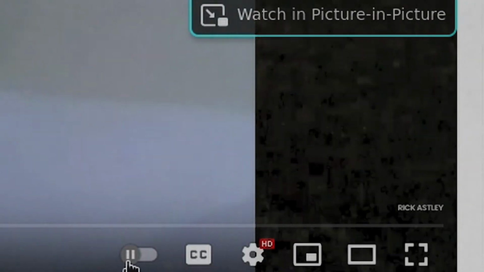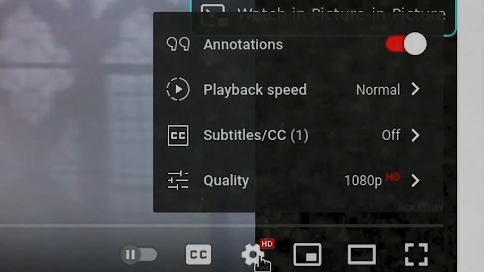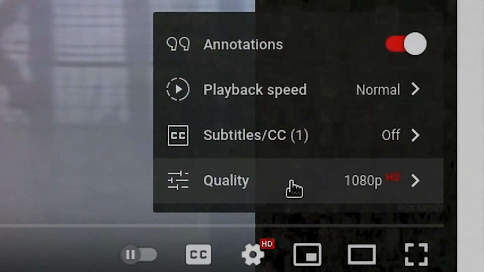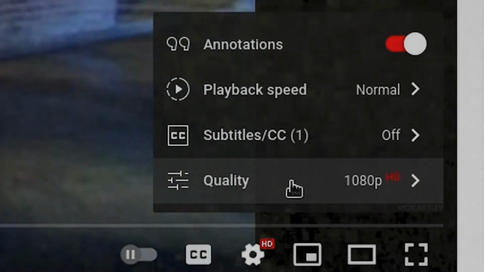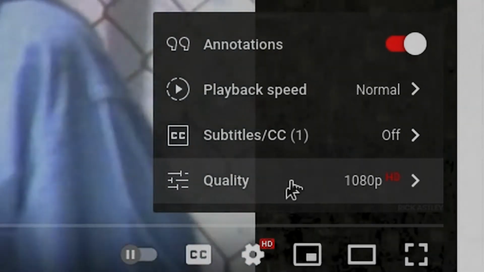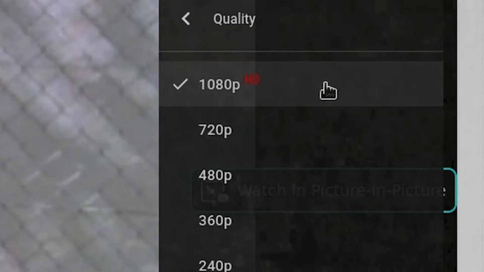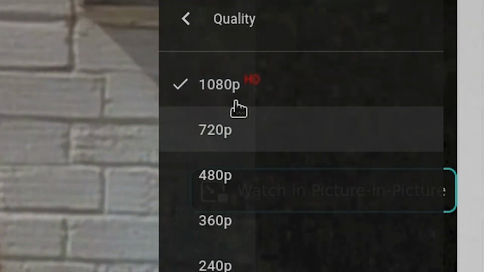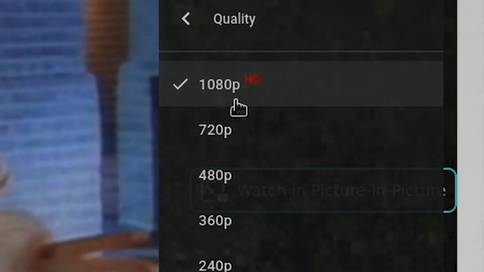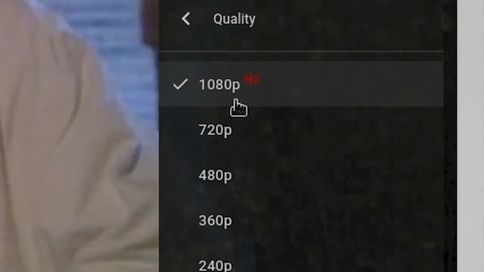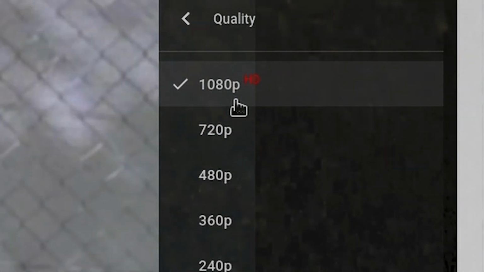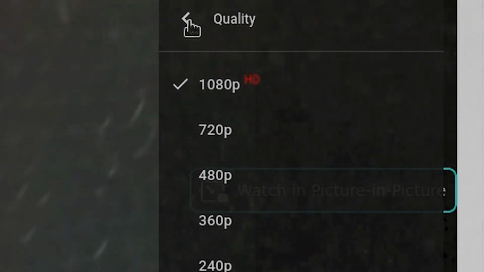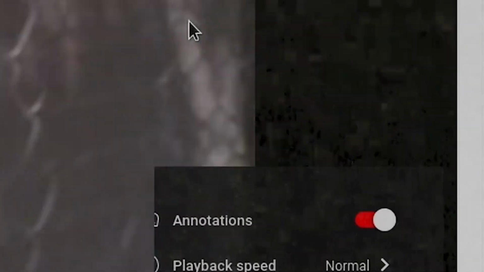In fact, if you go to the settings of the YouTube video player, you'll notice the quality is expressed as a number and a letter. The number is a measure of the shorter edge of the video in pixels. So 1080p means this video is 1080 pixels high. The P actually stands for progressive, meaning that a full image is drawn before the next one is drawn. If this were an interlaced video, which YouTube does not support as of this taping, this letter would be I.